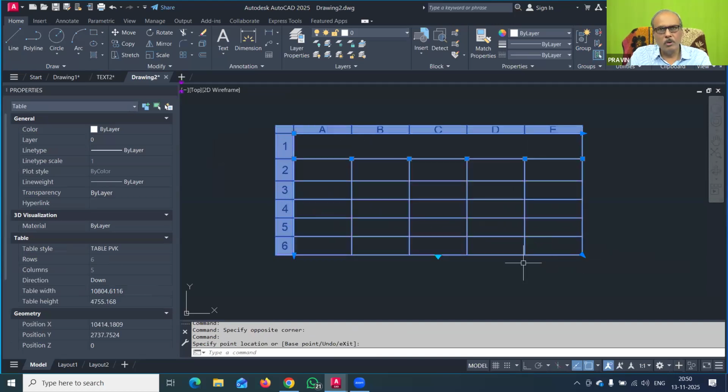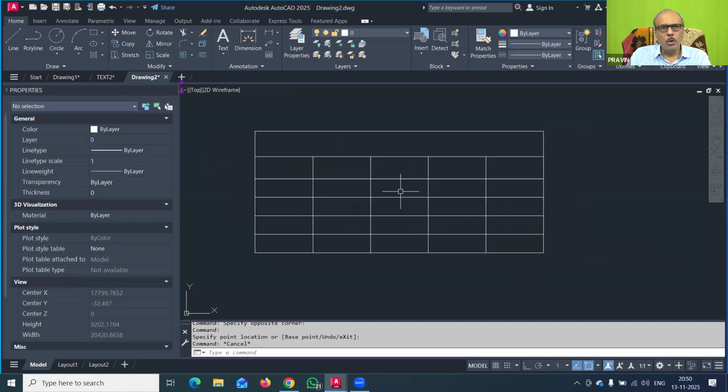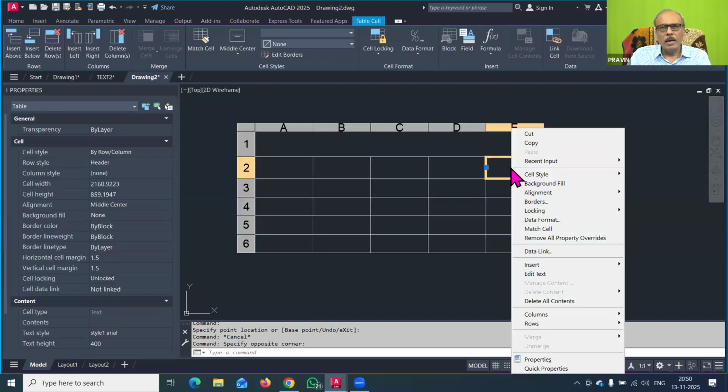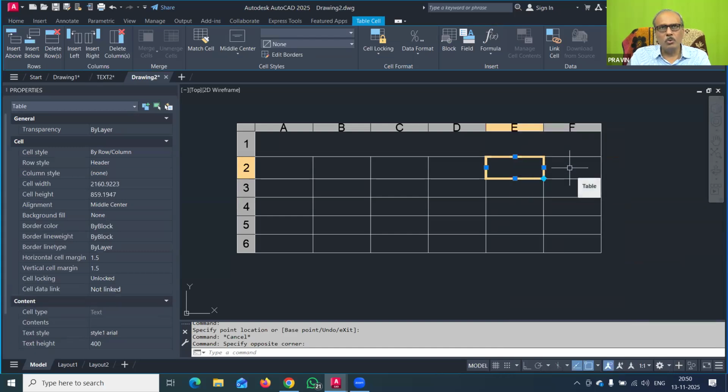Yes. So what was remaining that I am telling about? You have to see that this type of table you can type. Already we have seen that you have to adjust the letters and all this. But one important thing was remaining here. If you want to add a column, you can click here, right click, and in the right-click menu you will get insert field, block or formula, or you can go to insert left or right. So to insert a right-side column, you can see that one column was added. So these are the new things remaining from the table command. So how to insert a column, now we have cleared.